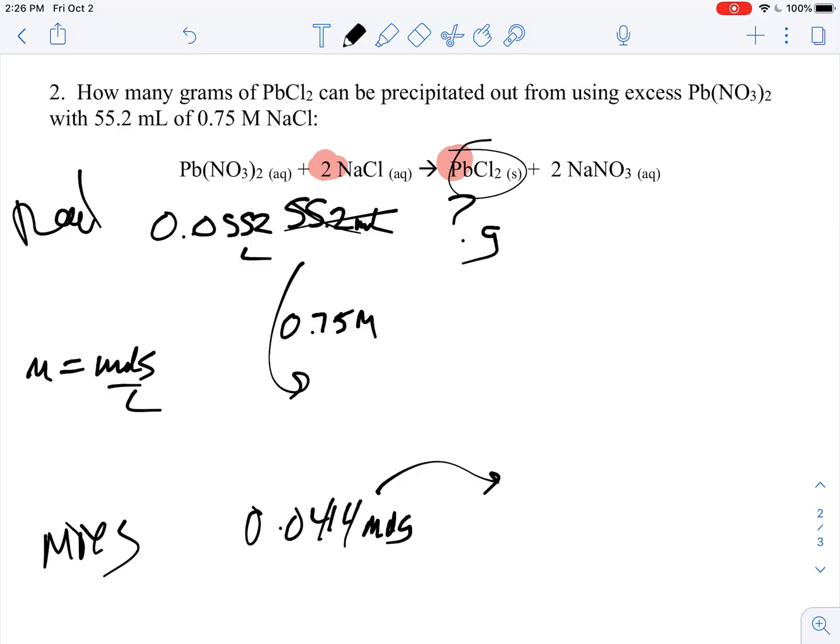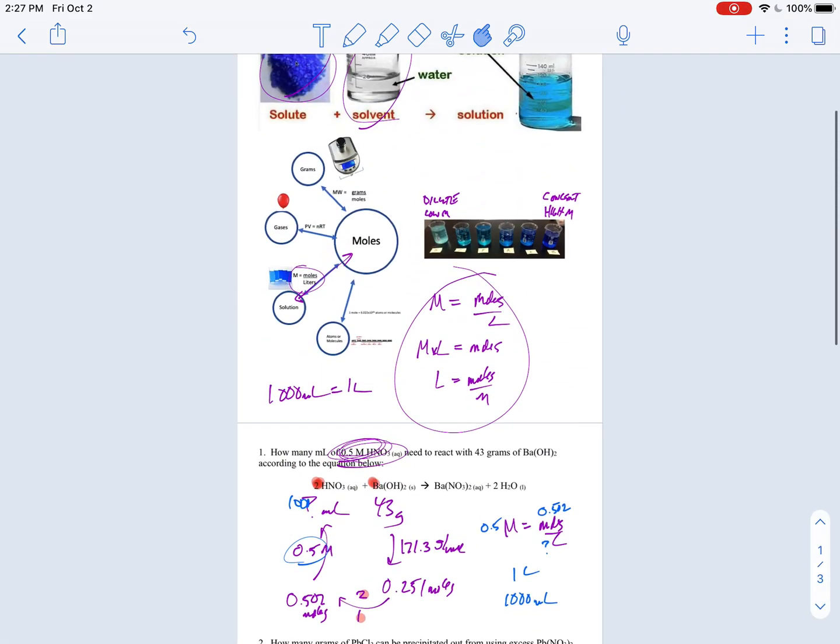I'm going from a 2 to a 1, so that's going to get cut in half, because again, you always multiply by where you're going, divide by where you came from. I'm going over here and I'm dividing by from there, because that's where I'm coming from. And so that's going to get me 0.0207 moles here. And now I want grams, so again, like we learned in the last segment,